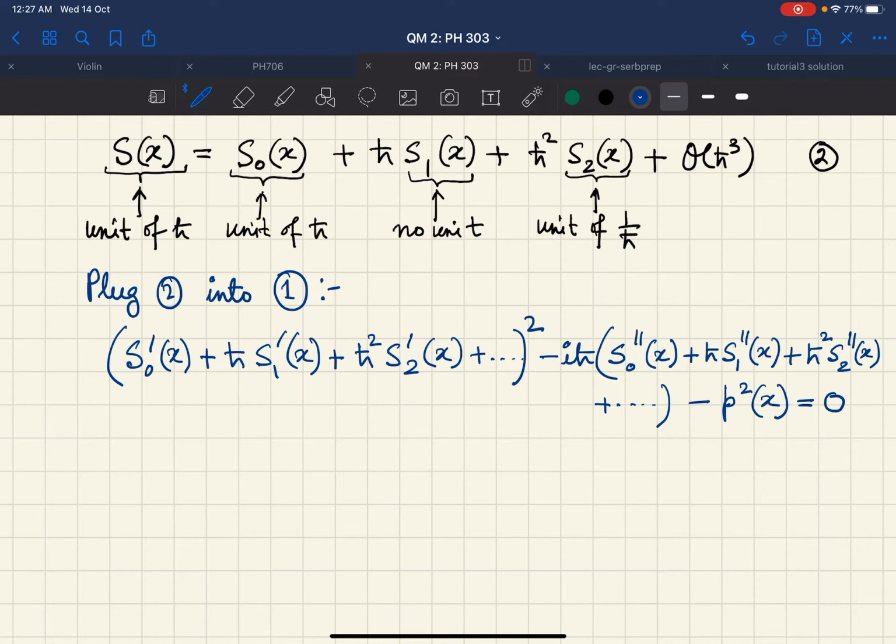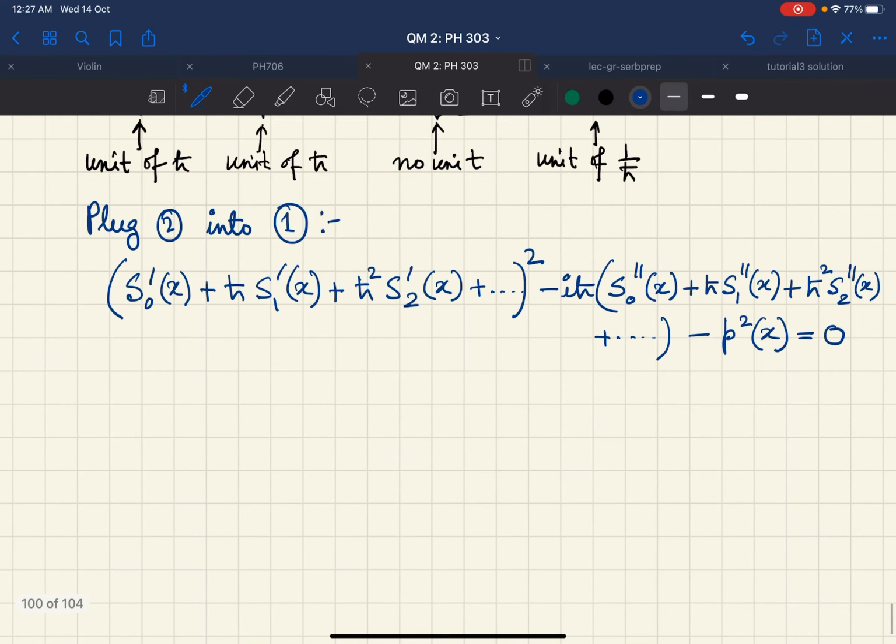Therefore, on the left hand side, all the coefficients of h bar should be individually 0. We thus sort the left hand side terms, neglecting order h bar squared or even higher order terms. If we sort these terms separately, we can see that there are terms like (s0 prime) whole square